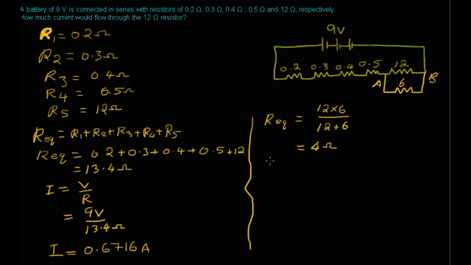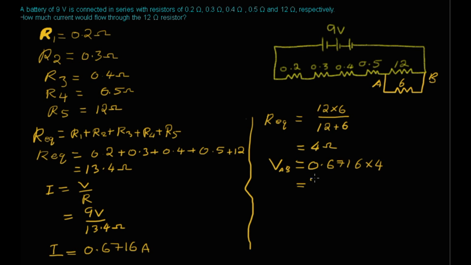So the voltage between the point A and B will be equal to the current reaching this junction, which is the same main current, 0.6716, into the resistance, that is 4 ohm. So when we multiply this, we will get a voltage of